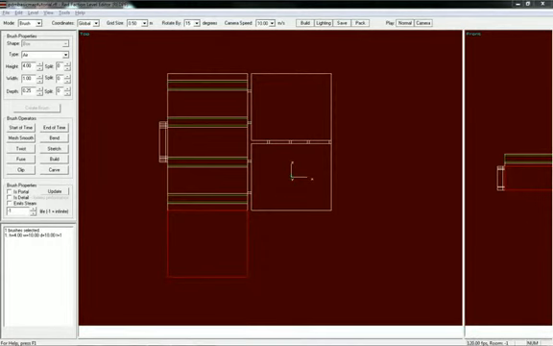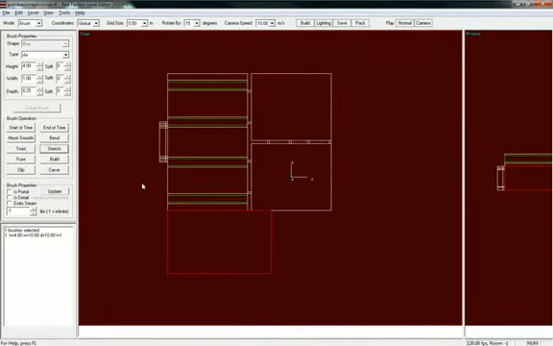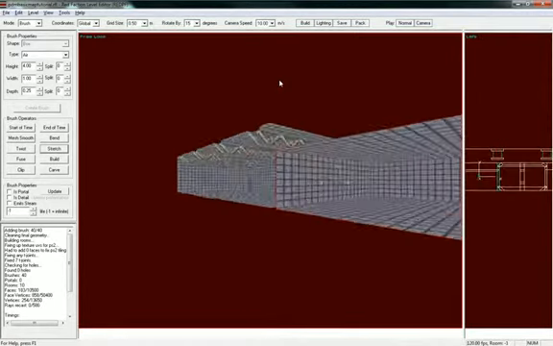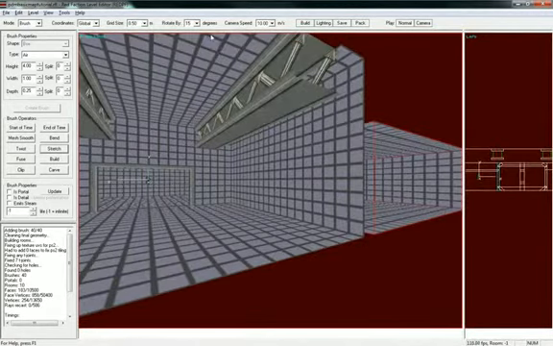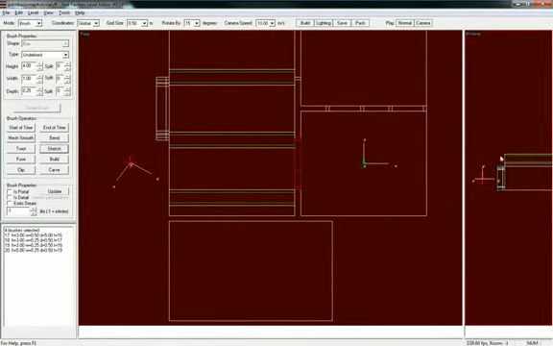And 9.5, 13. Stretch this to 13. 9.5. These are just dimensions I'm taking from my other map. Feel free to use the same dimensions if you like. And I'm just going to drag that 0.5 away from the room, and I'm just going to leave it there for now. It's not going to be staying there, but before I can do anything, I need to make another door. So I'm going to copy and paste my door from here, rotate it 90 degrees, over here,